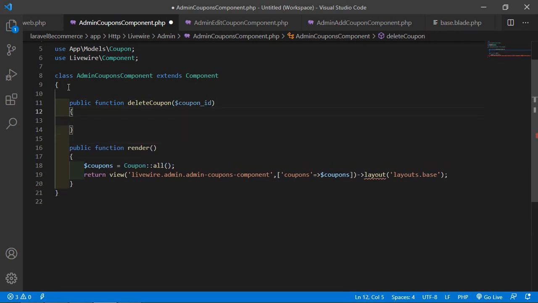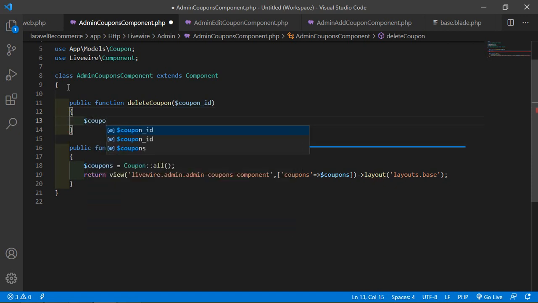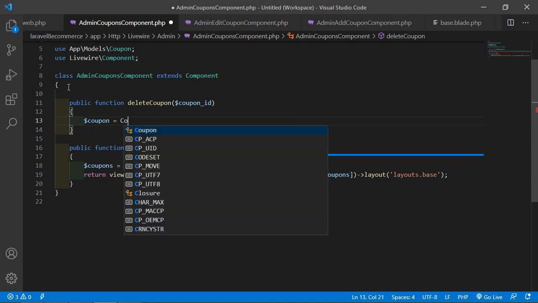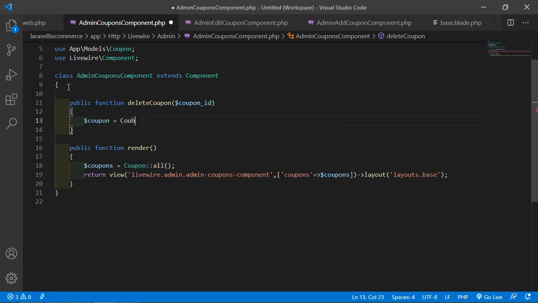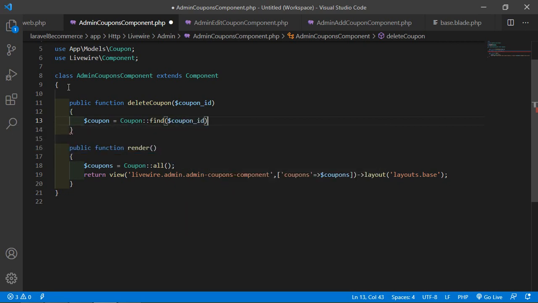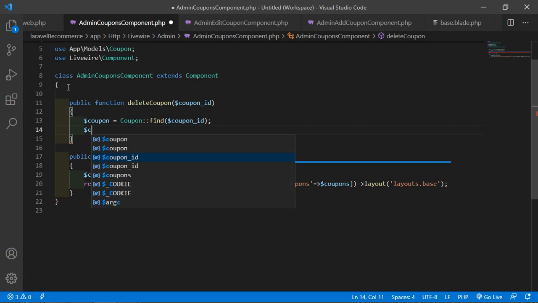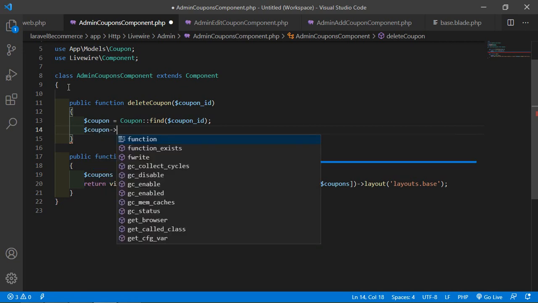All right, and now $coupon is equal to model name Coupon::find, and pass here the id, $coupon_id. All right, and now just call here the delete function, $coupon->delete,